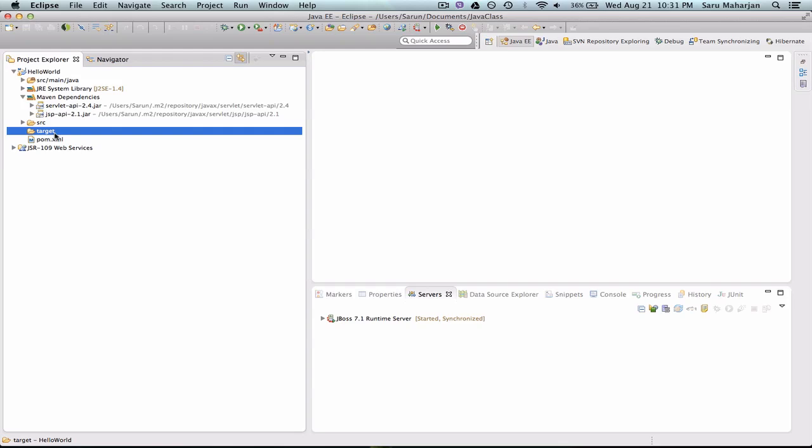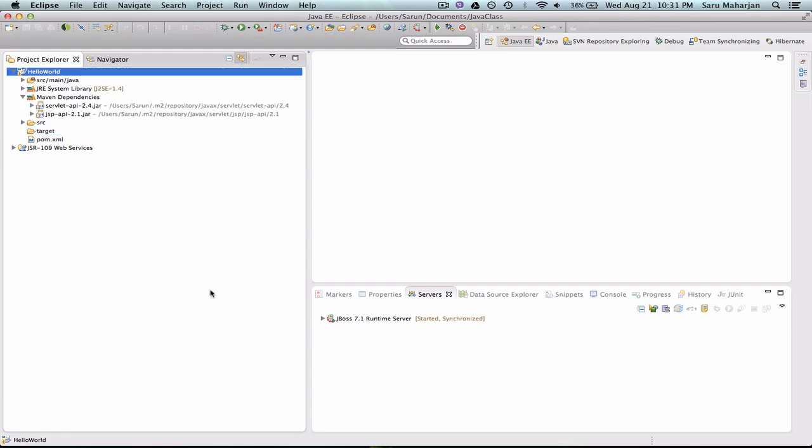Okay, and once you have a WAR file, you can simply run this on a server, and it will deploy your WAR file to our application container. But since I don't have that, the next option is to manually create a WAR file. Okay, so how you do that is